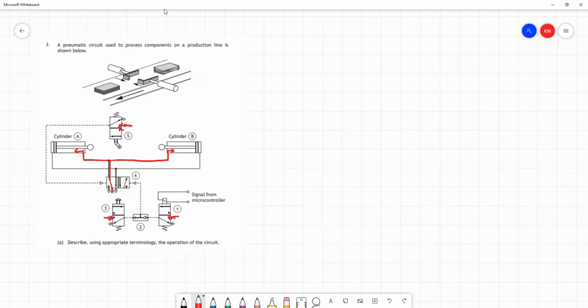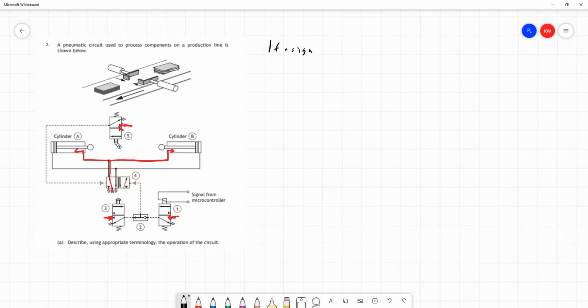Now, what can we as the user do? Well, we can do two things. We can send a signal from the microcontroller, that would deal with valve 1, or we can push the push button on valve 3. And because there's a shuttle valve here at valve 2, these are both going to have the same effect. They're both going to allow air to travel up to valve 4 as a signal. So our starting point would be,